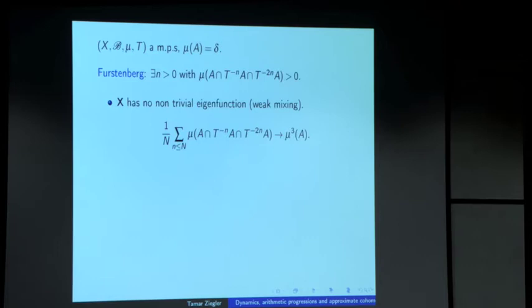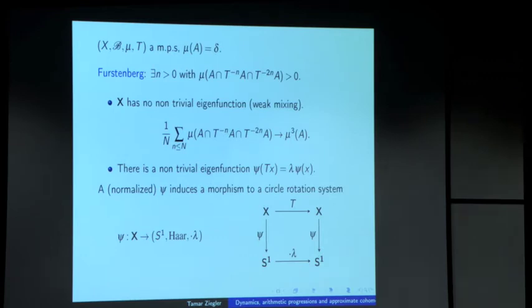Okay, good. If this doesn't happen, then you do have a non-trivial eigenfunction. So you have some function psi satisfying psi(Tx) = lambda psi(x). You can think of this in your mind as the corresponding thing to Fourier analysis. So an eigenfunction,